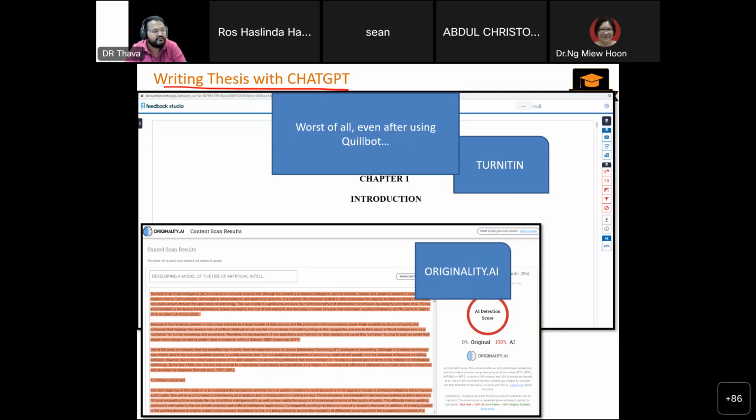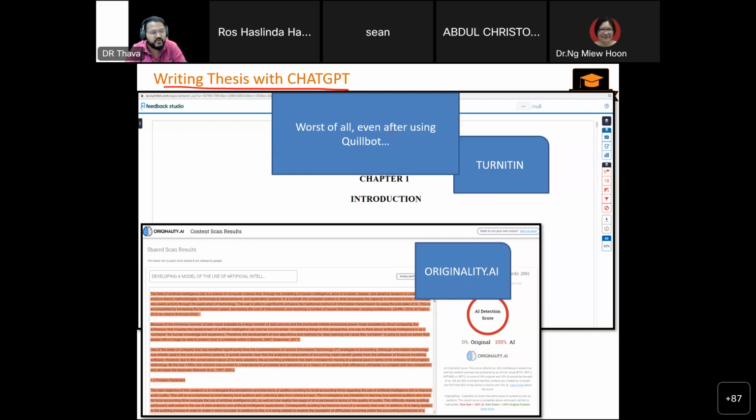Quillbot is horrible. Forget Quillbot. Quillbot is one of the worst software ever created, if you ask me. I find them to be a cheat software. They are not paraphrasing. They are just spinning words together, or they just go and get some useless words from a thesaurus and just replace. And they call that paraphrasing. That's not paraphrasing. That is just changing context altogether.